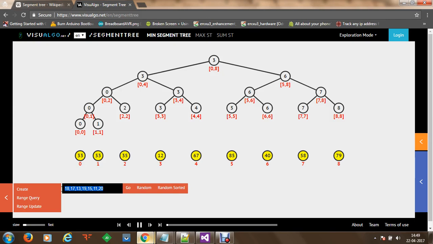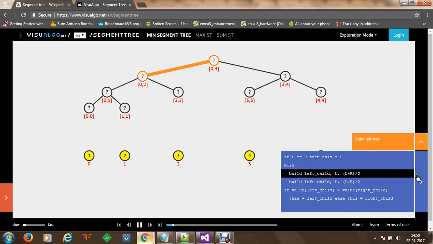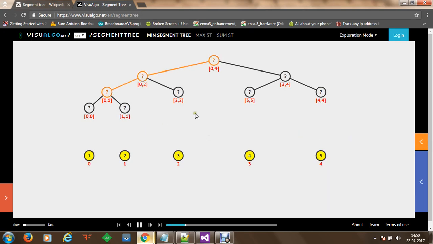In order to develop a segment tree, binary trees are used, and we prefer to use an array data structure to store the values which we want to use inside the segment tree. So let's say I would like to specify a range of elements, like 1, 2, 3, 4, 5, and create a tree from these 5 elements. Once the process has been done, the first section of this animation displays a segment tree, and at the bottom we have an array structure holding data at every individual index.